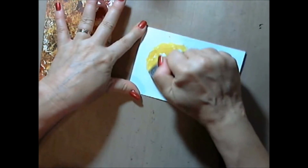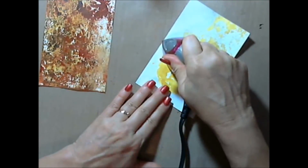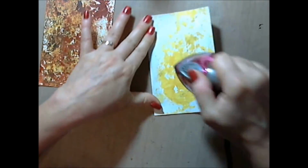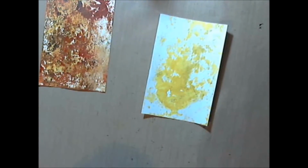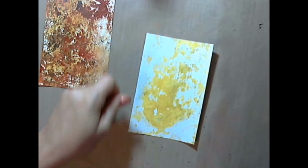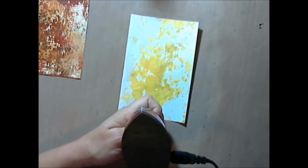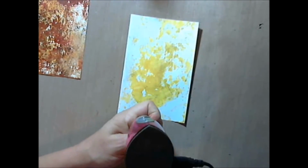And see what I'm doing? I'm just heating it up and I'm spreading it, because what I want is for it to be in different places. So I've got more yellow on there. Now what I'm going to do is take, let's use a lighter color again, because this one's